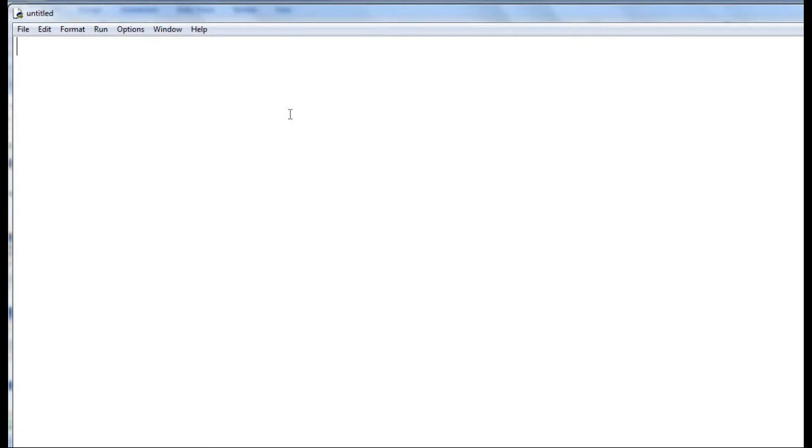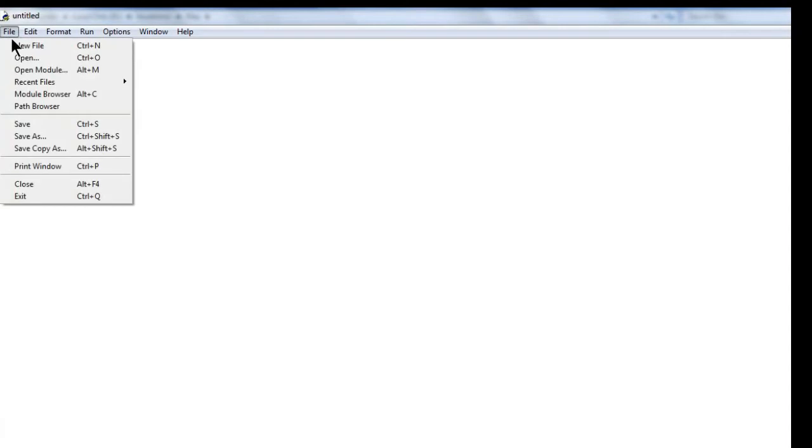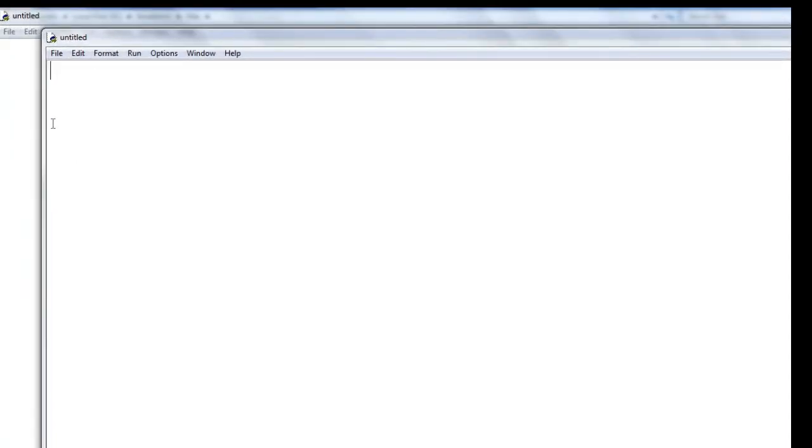Before starting our program we have to create a text file. You can create your text file in any text editor. You can use your Notepad application for creating the text file, or you can use the Python editor itself. Now I am going to create my text file using the Python editor. Just open a new file. Type the file content.